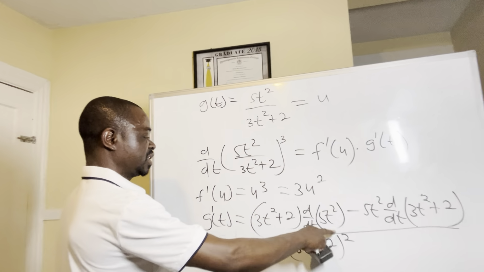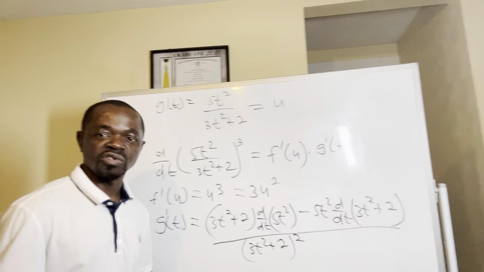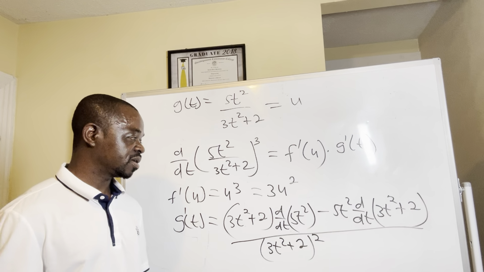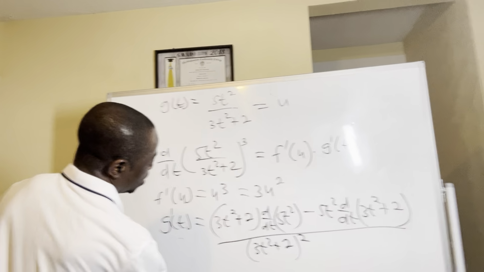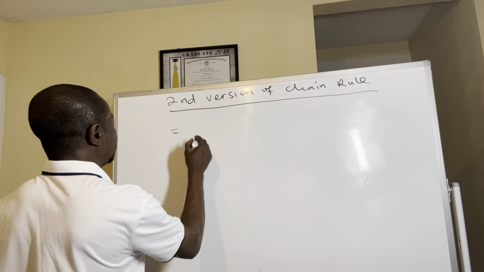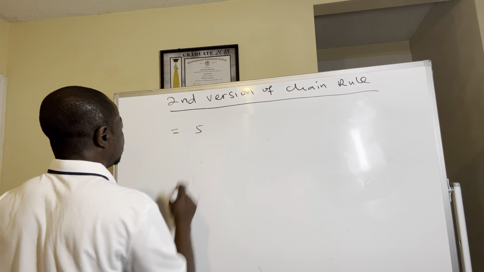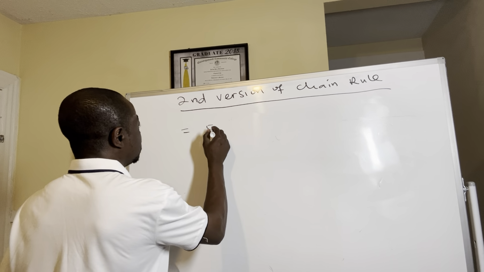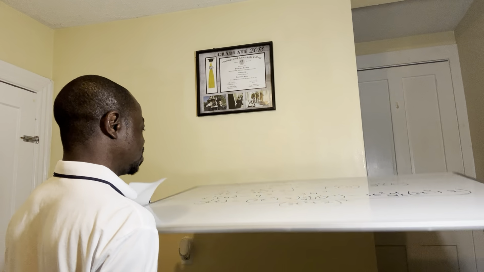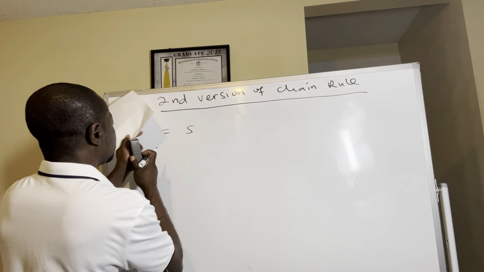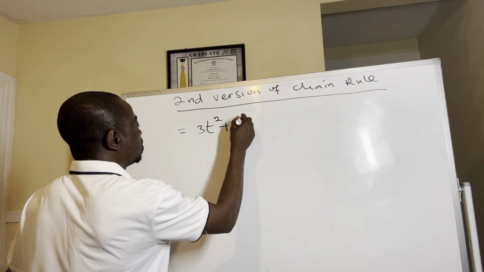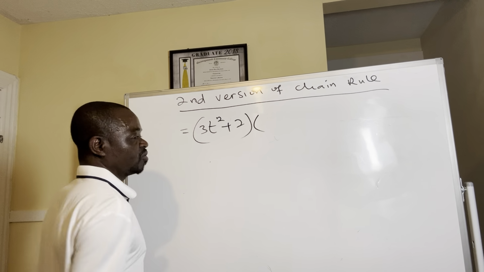So let's see, if we take the derivative of 5t squared, that means we simply bring down the 2, multiply by 5, and reduce the power by 1. So that's going to give us 10t. So this is going to give us, let's see, 3t squared plus 2,